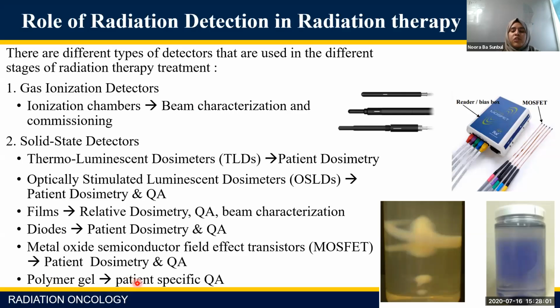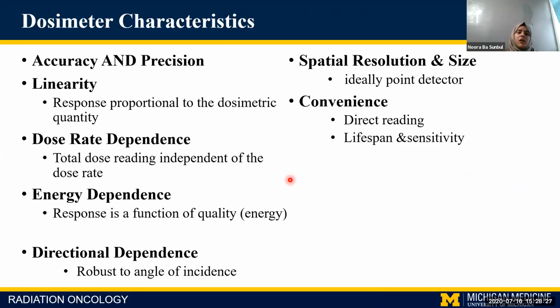For 3D dosimetry, for example, polymer gels are usually used. So you can see what a gel looks like. As they are exposed to radiation, they change in color, and then with optical scanning, you can analyze the dose and so on. So the role of detectors is really important in radiation therapy throughout the different stages. And there are different characteristics of each detector that are important to consider whenever you try to choose a specific detector for a specific application. Things you have to consider include the sensitivity of the detector,